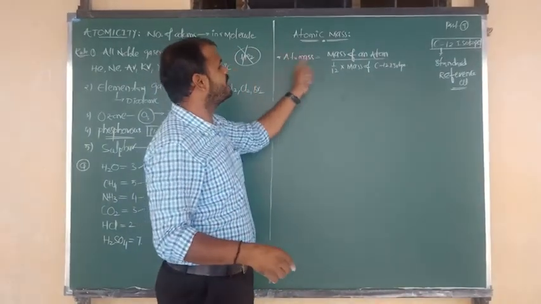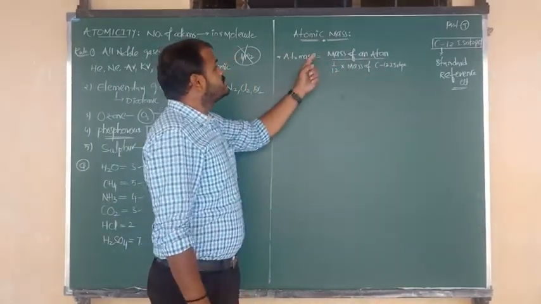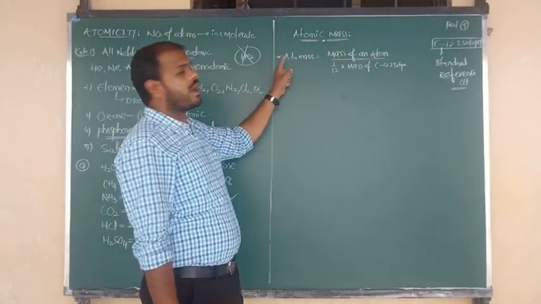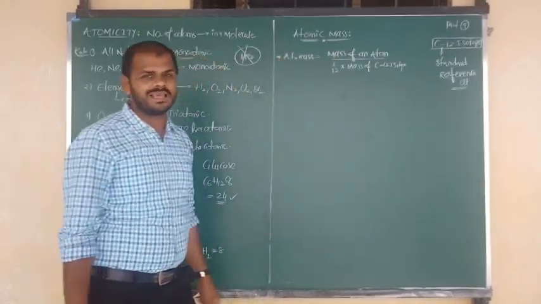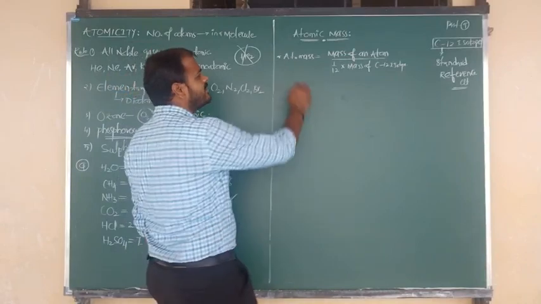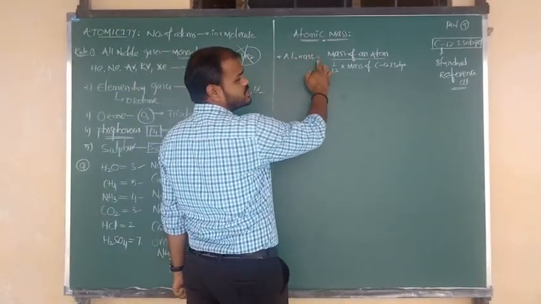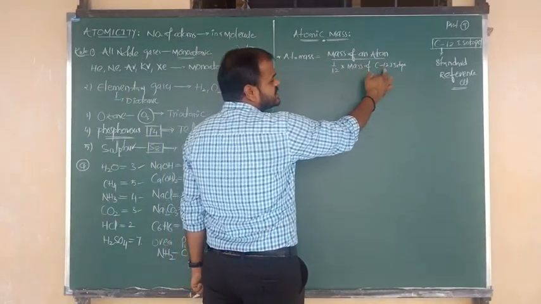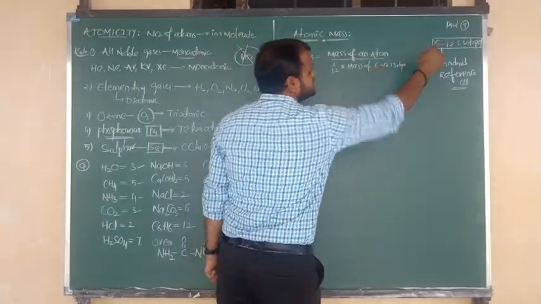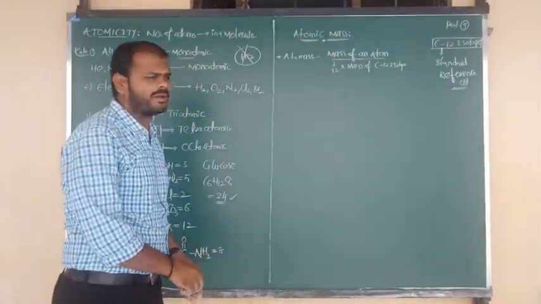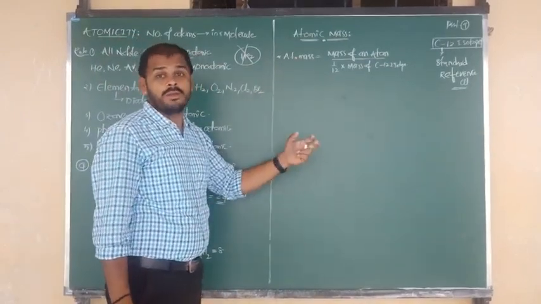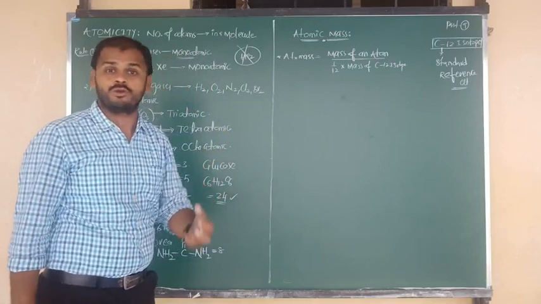That's why I have written it in the formula also. So the mass which is equal to 1/12 into the atomic mass of the C12 isotope. Otherwise we can say that atomic mass is equal to the mass of an atom divided by 1/12 into the mass of the C12 isotope, because this is the standard unit. Okay, beta, just try to remember the formula. Its use is not that much, but try to remember the atomic mass values.